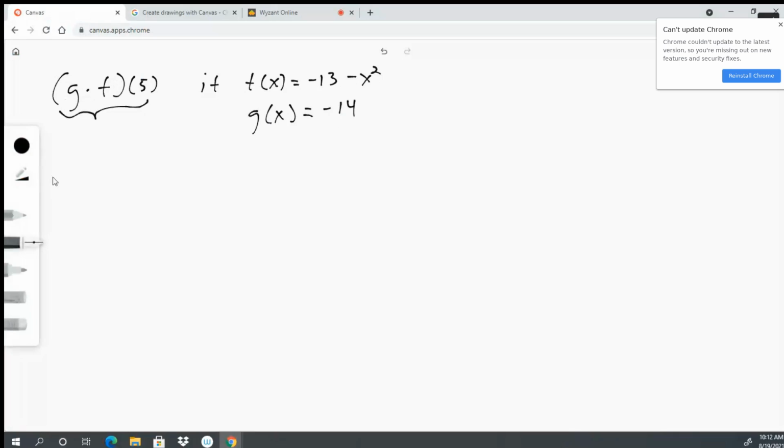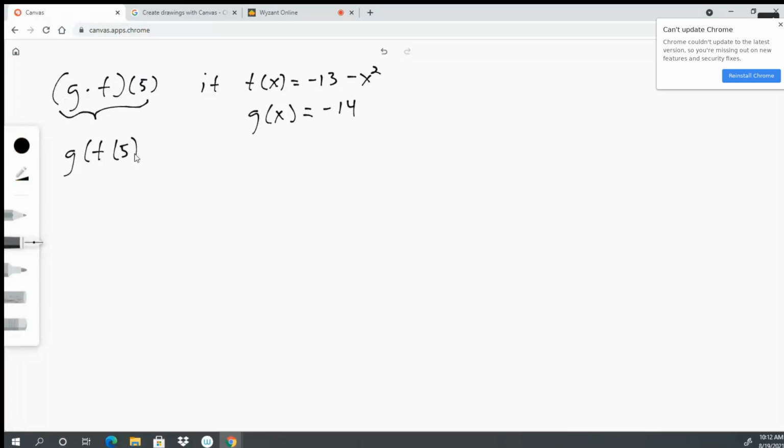All right, what we have here is a composition of functions. I'm just gonna write this out: g of f of 5, if f of x equals minus 13 minus x squared, and g of x equals minus 14. Now this is often written in another way, which I feel is more intuitive, g of f